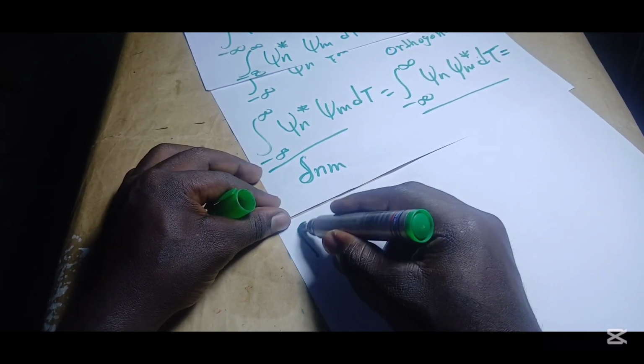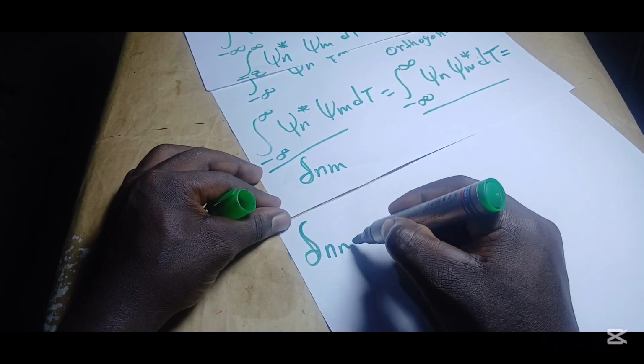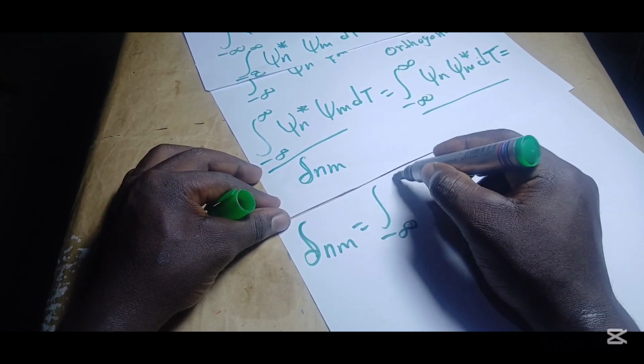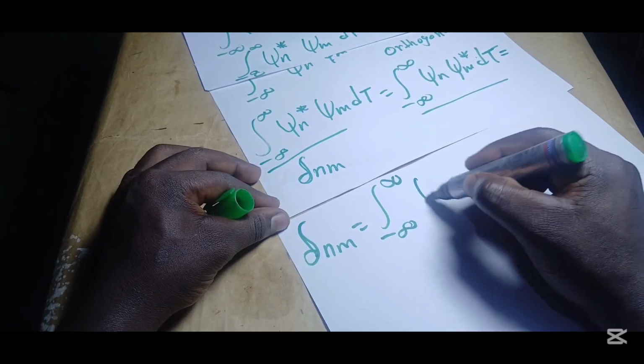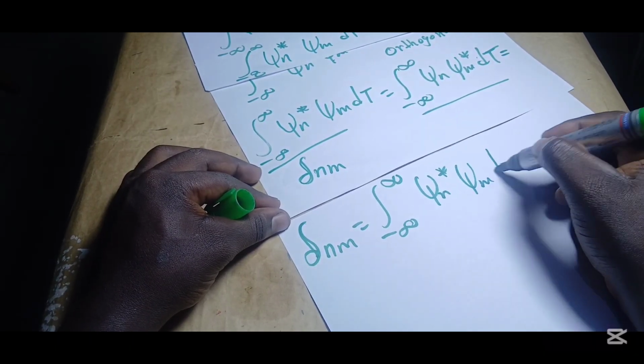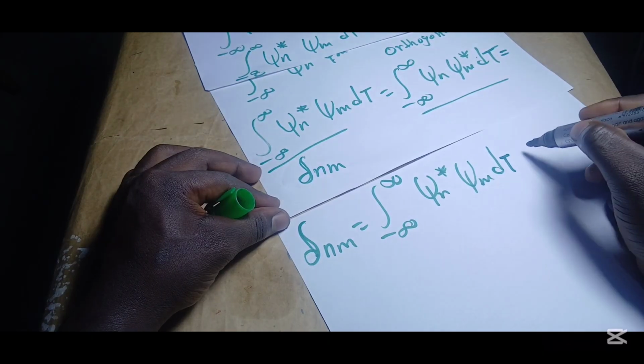So delta nm equals the integral from negative infinity to positive infinity of psi n star psi m with the volume element,